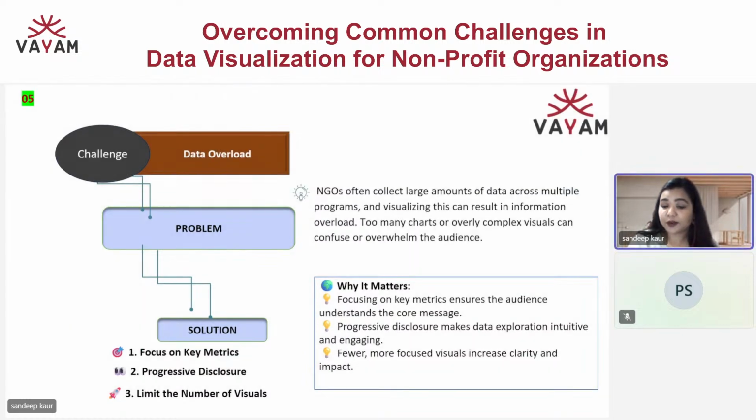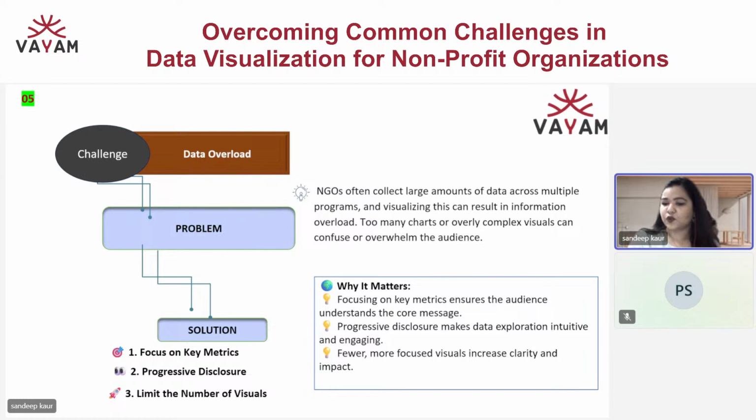Data overload, very important thing. In any case, overload is always hazardous. So always try that your data talks on key metrics over the core understanding of your audiences. If we are talking about a certain section, let's make the charts in a way that key metrics are already pointed out, so that it's not so uneasy. It's very user friendly when metrics are very much clear.